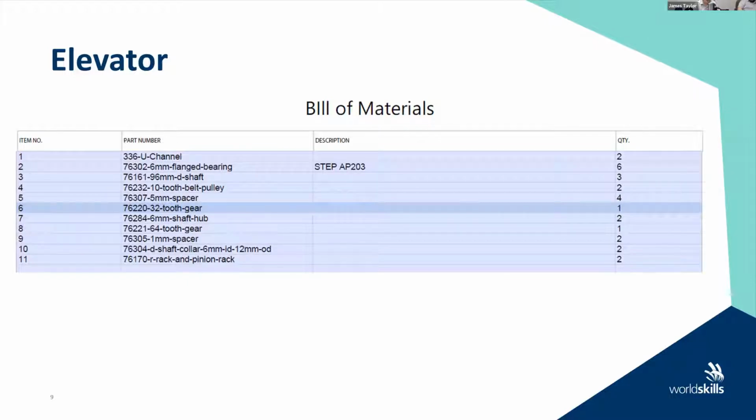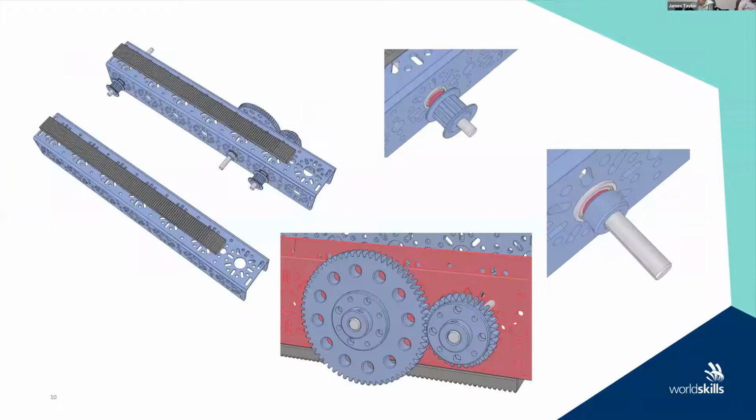We're using a double slide rack and pinion system on this robot, much like what you would see on a forklift. Okay. So this is your parts list for your elevator. There are a couple of points about working on the elevator that you can see in this slide that I'd like to discuss, and then I'll go back and show you some examples. So there's 2 pieces with the 334 and 2 rack on the 334. You can see that on my slide right now, with that section up. And then with the slide elevator,